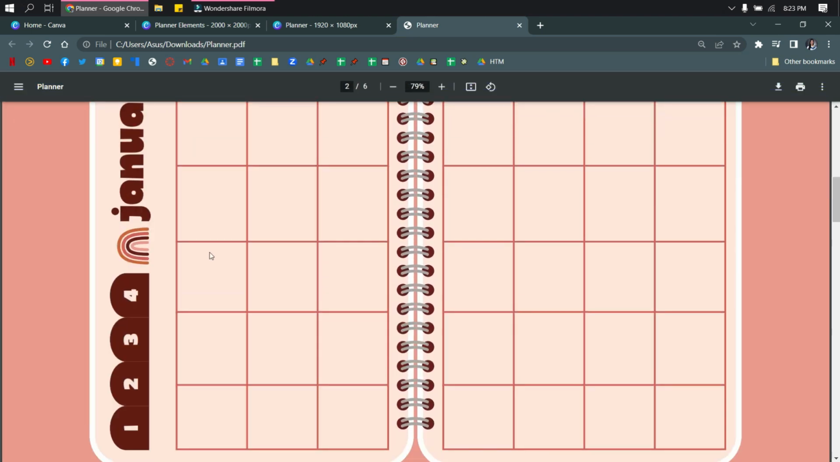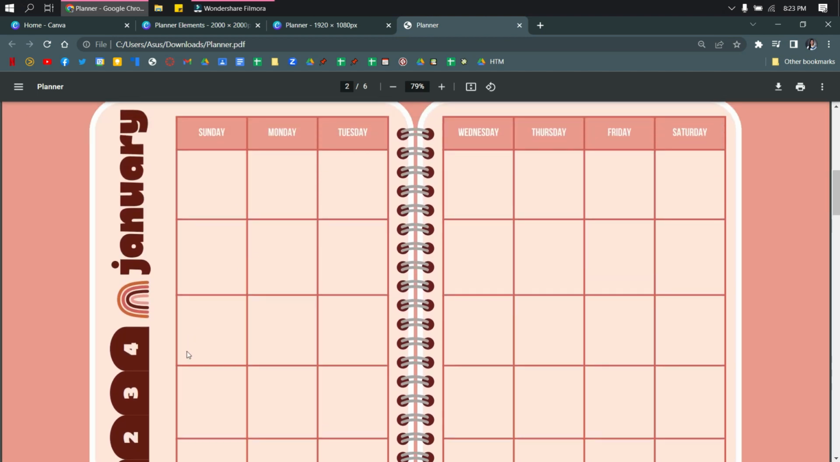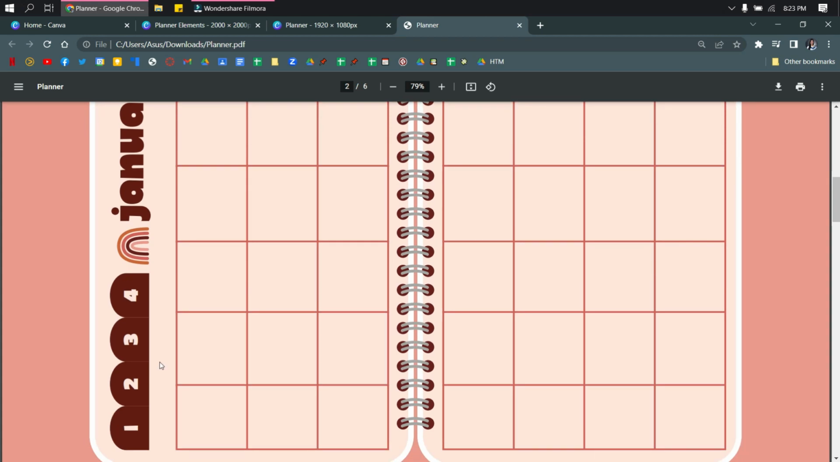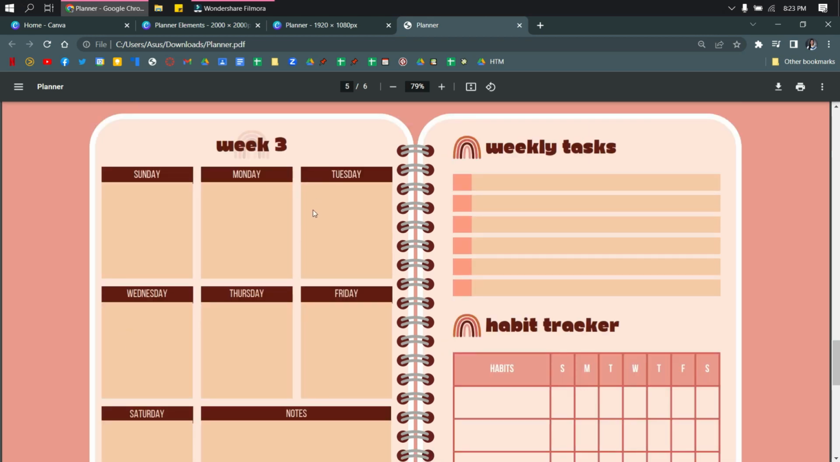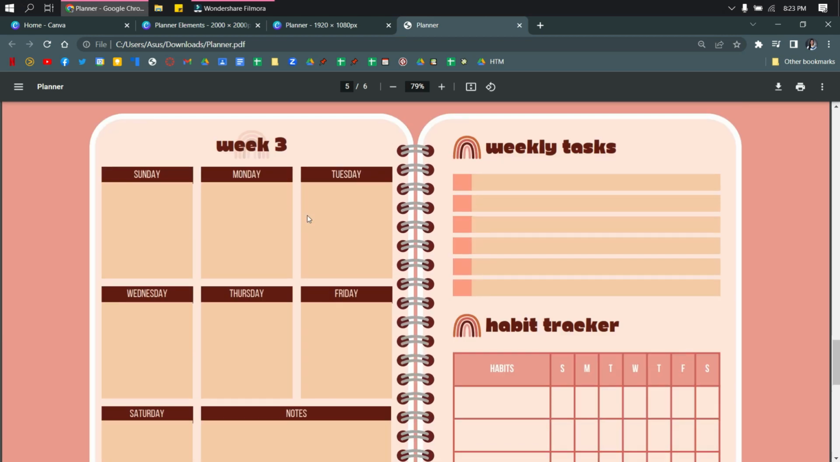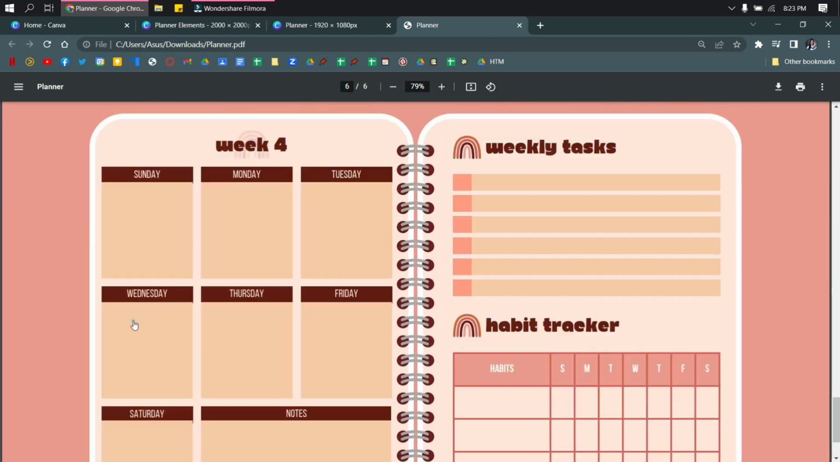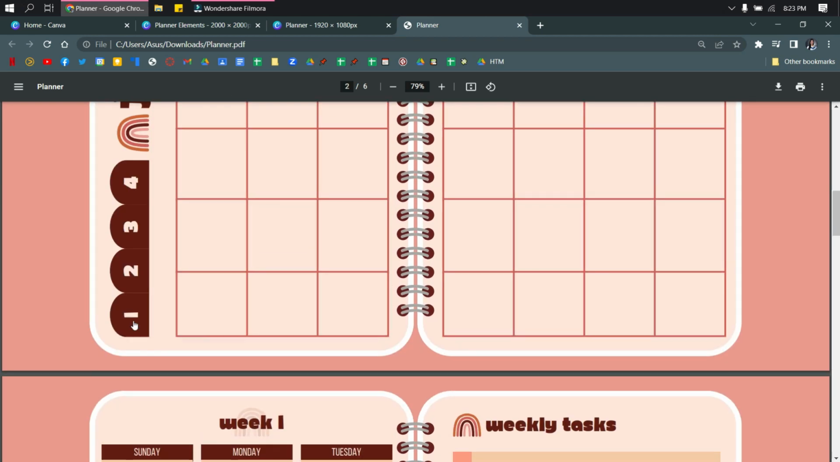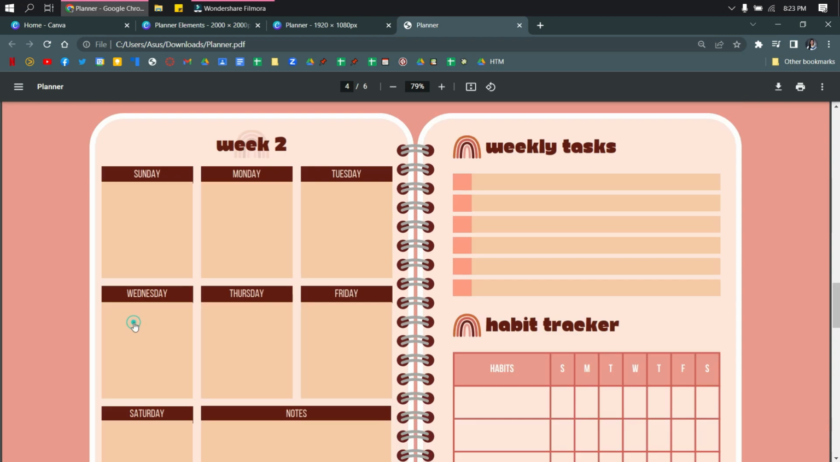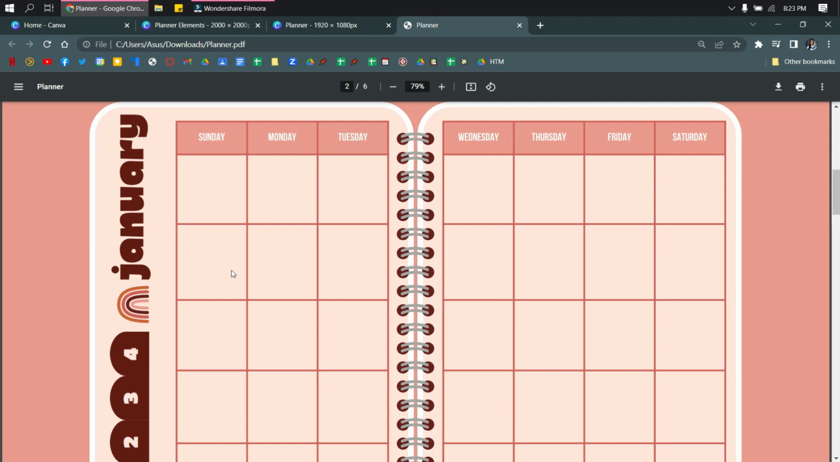And then, so let's say this is our monthly spread and we want to go to the week 3 of January. So I'm going to click this number 3 tab, and there we are directed to the week 3 page of our planner. So that's going to be the same for week 4 and for week 2. So there you go. That's how you make your own customized planner on